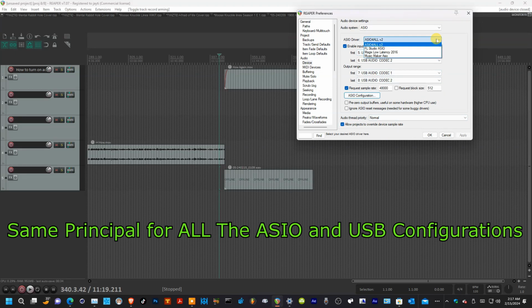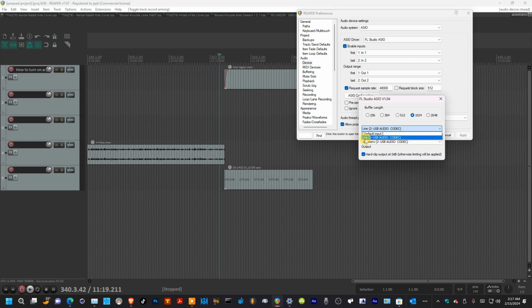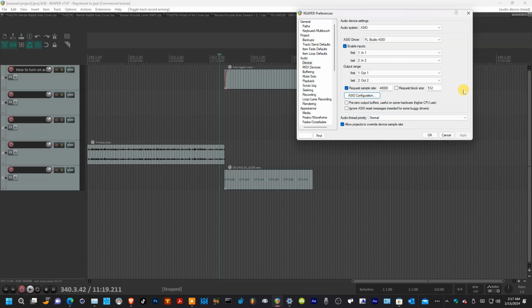so alright, and then you have the FL Studio ASIO driver, which there's just one. You select 1 for first, and 2 and 2 or whatever, and then for the output, 1 2 2. I mean, it pretty much knows what it's doing. Then you hit ASIO configuration, and you make sure that it's your USB device. This is my audio codec, my little Behringer mixer, and same thing here for the output, USB codec, unless you want your sound card to be output. Alright,